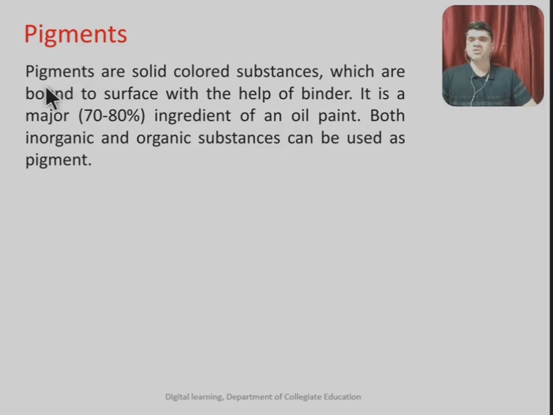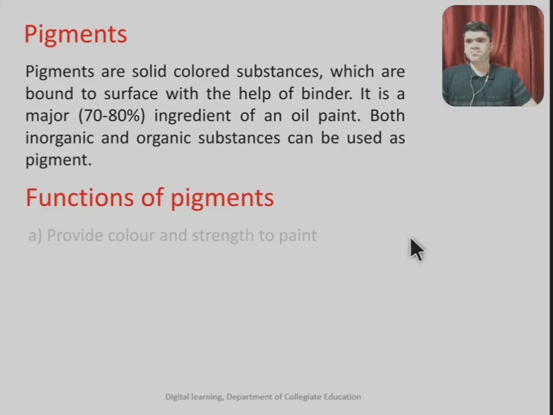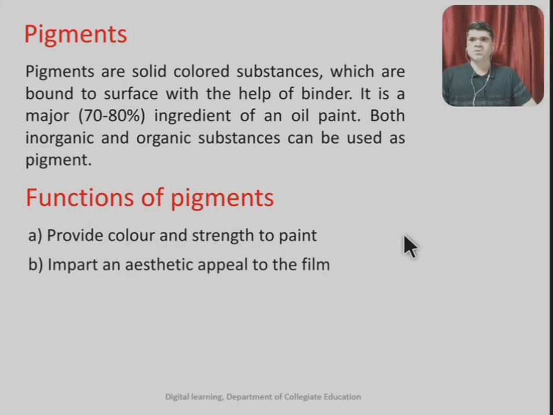As the definition tells, pigments are solid colored substances. That means these are insoluble substances which are present in the paint and impart color to the paint. Functions of pigment: it provides color and strength to paint. As I already told, these are colored materials and therefore they provide color and hence strength to the paint. They impart an aesthetic appeal to the film,